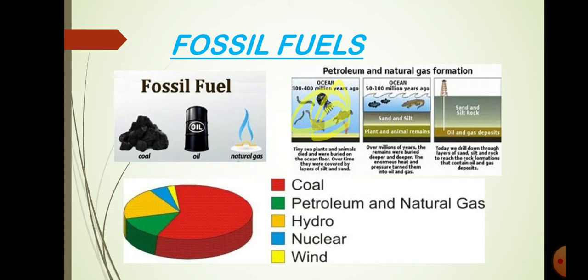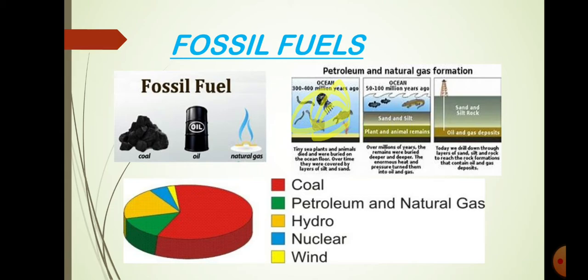So today we drill down through the layers of sand, silt and rock to reach the rock formation that contains oil and gas deposits. So this takes years and years of time to form, children, in order to form the fossil fuels, but we people are using it at a very fast rate,